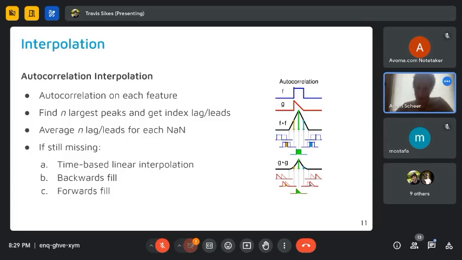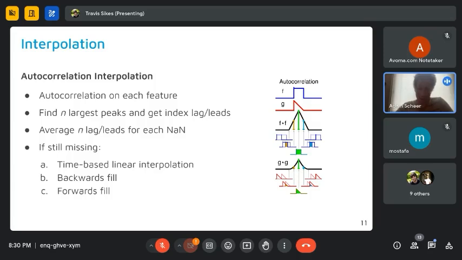If there is some degree of autocorrelation that we can pull out of the data in a way that allows us to have a more accurate interpolation, then I don't see an issue taking advantage of that.